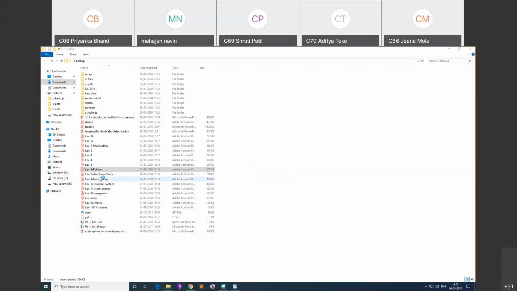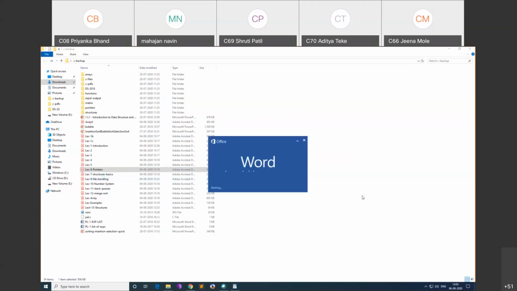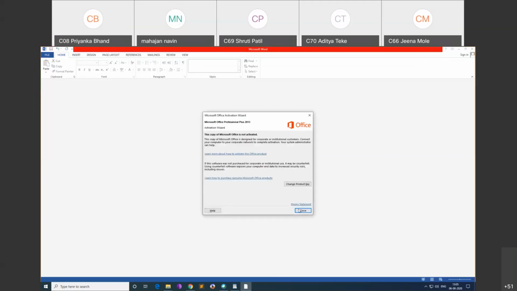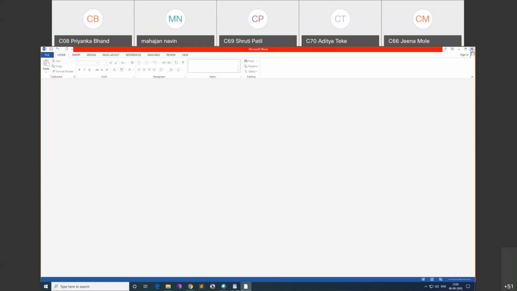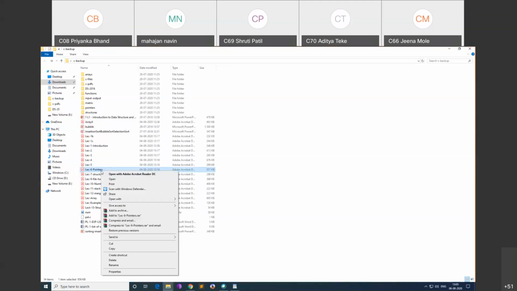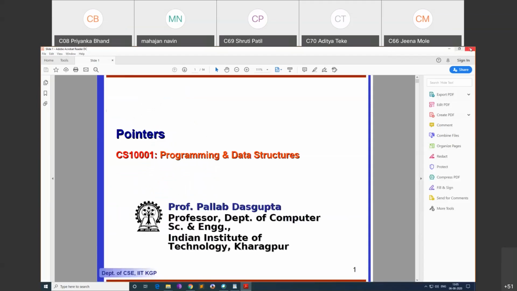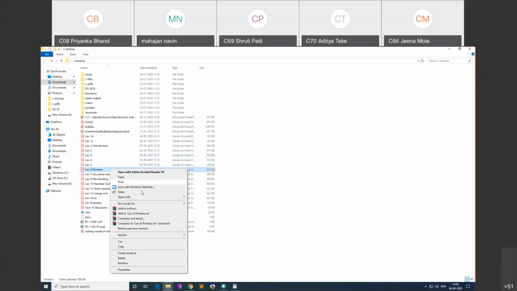Word is not open. Okay. Close. Okay. Maybe we will open it Microsoft Edge.